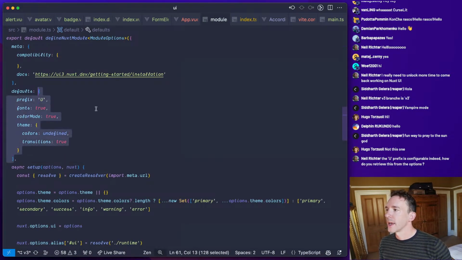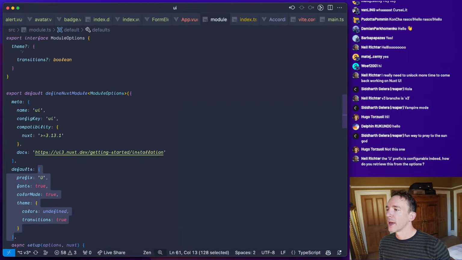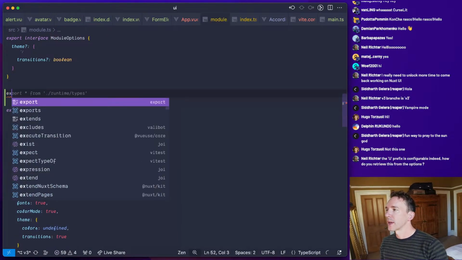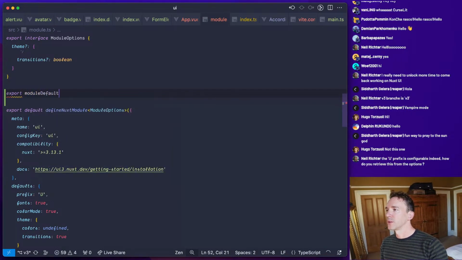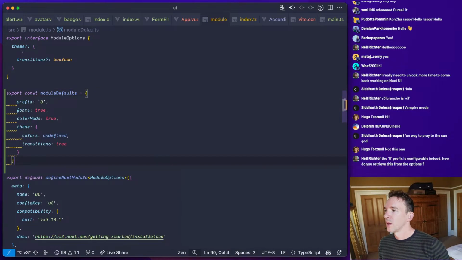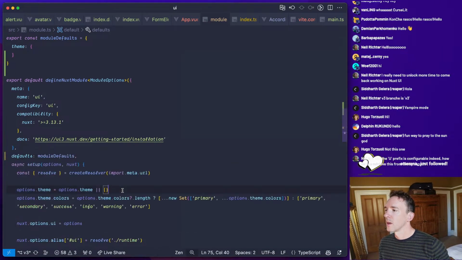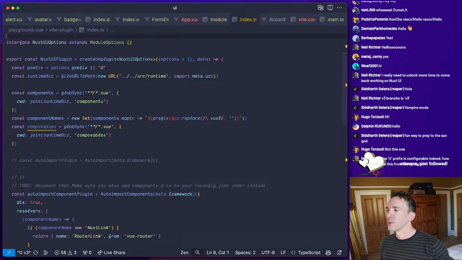We'll probably end up sharing them. So do something like export module defaults, and we will pop those in here. And we'll import the module defaults and use those.